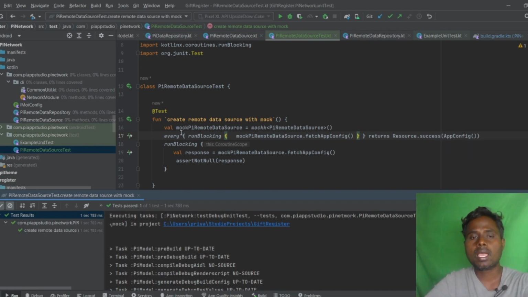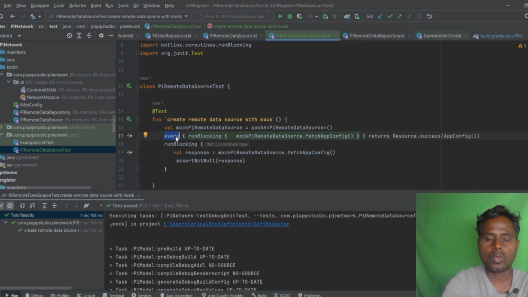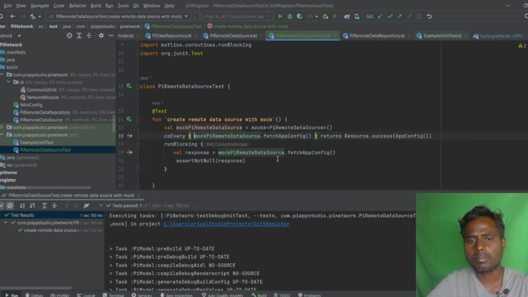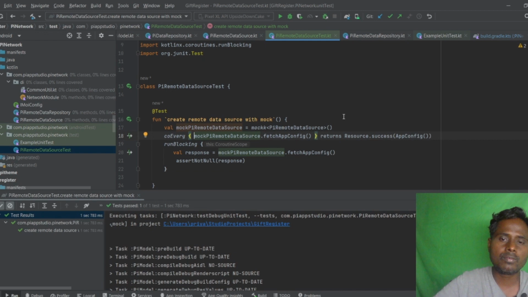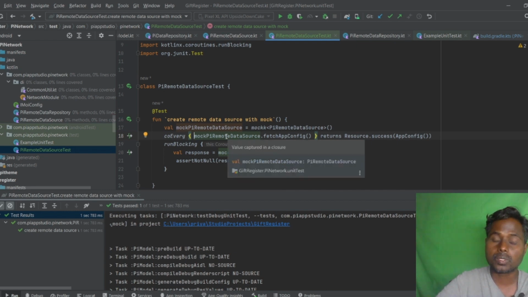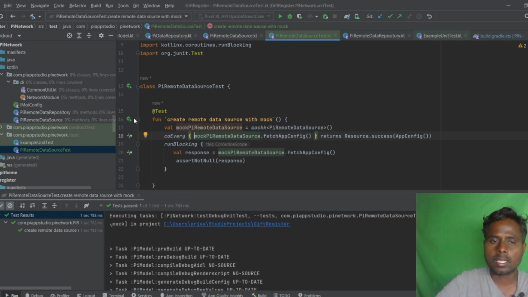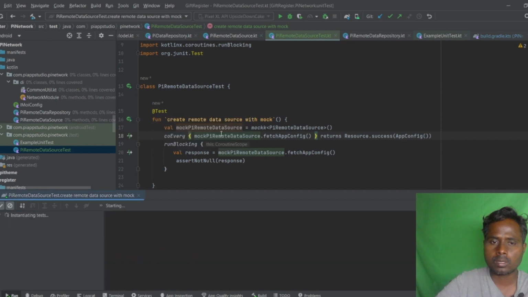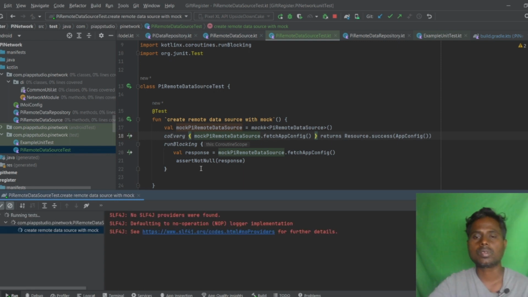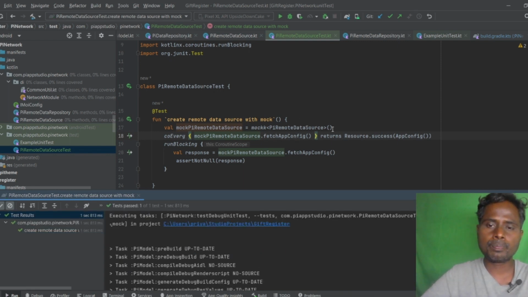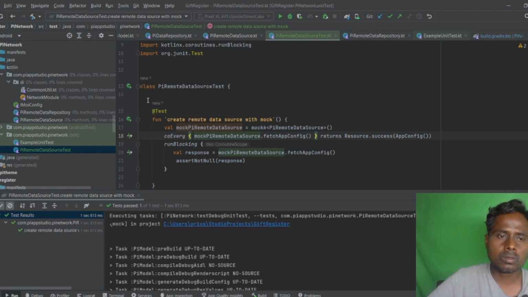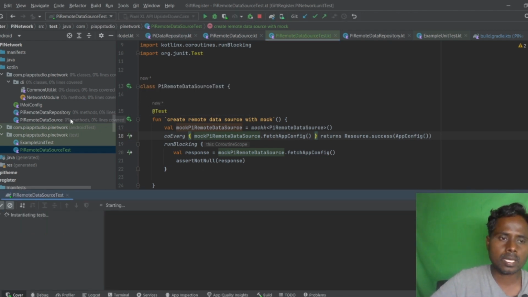This is one way. And there is something called coEvery. coEvery is specially made to call the suspendable function within this block. So instead of using runBlocking, I'm just using coEvery, which is like coroutines and helps you call the suspendable function within it. Even if you replace every with coEvery, that error will be gone, and you would see the same kind of responses here. Perfect. So with this, let's execute the code coverage